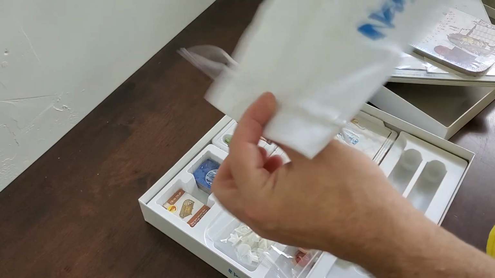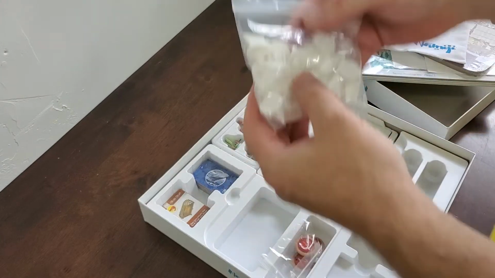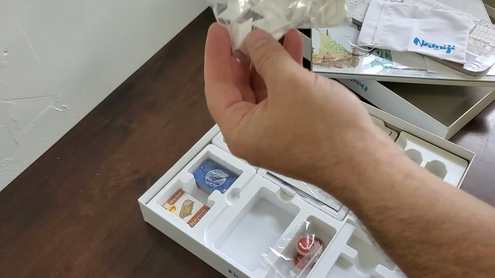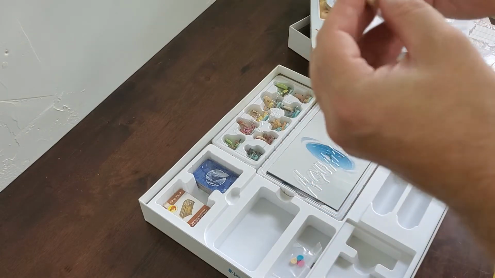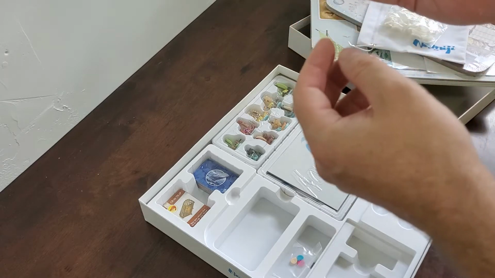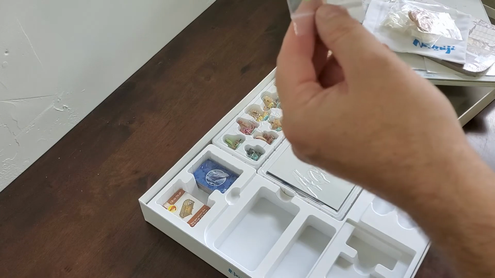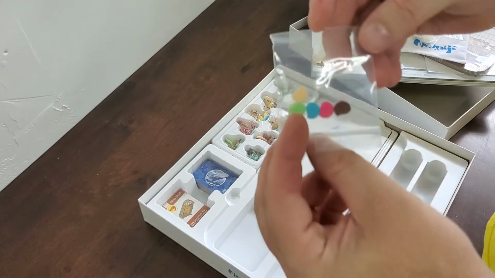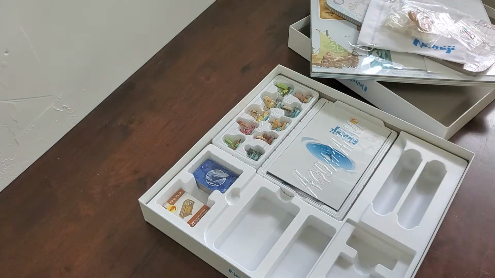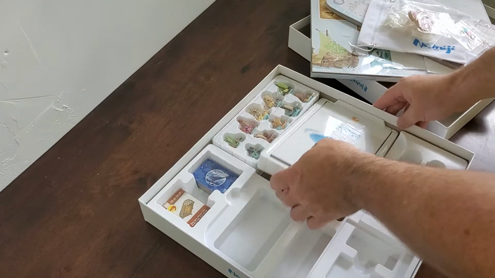Here's a nice little bag. I think that's a Kickstarter exclusive item. And then these little plastic origami boats that also serve a purpose in the game. These are wooden. That's nice. Tokens, another upgrade. And these little plastic, I forget what these things are, but there's some sort of turn monitoring thing. And what else have we got? So nice